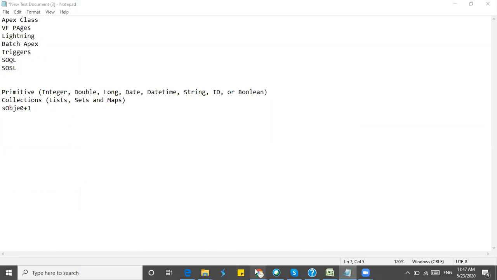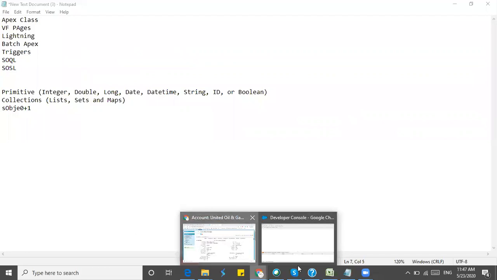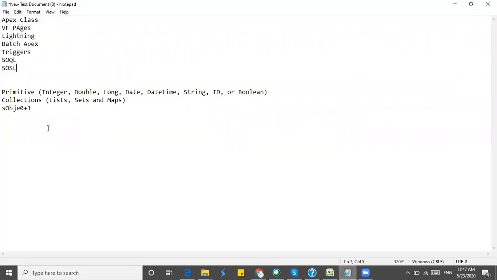SOSL is like Search Salesforce. It's a search language. The major difference between SOQL and SOSL is that with SOQL you query only on one object and its parent or child objects, the related objects only.